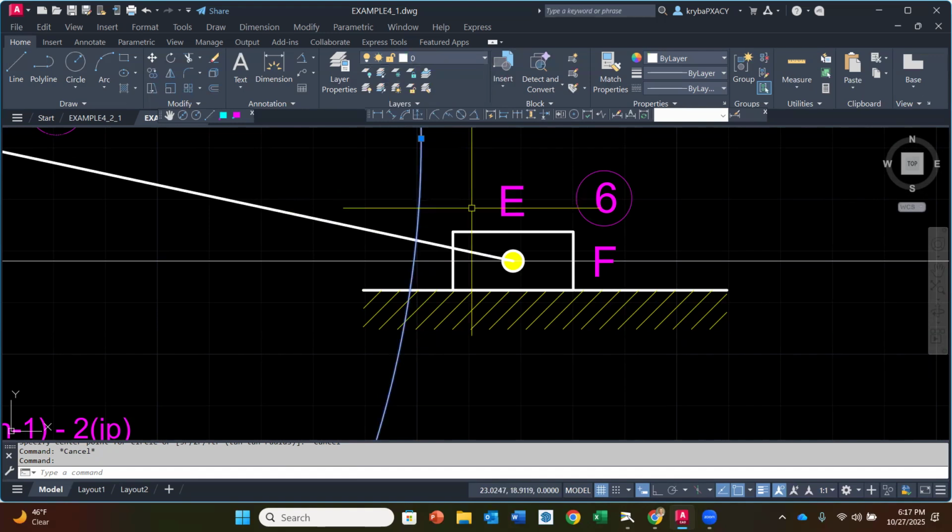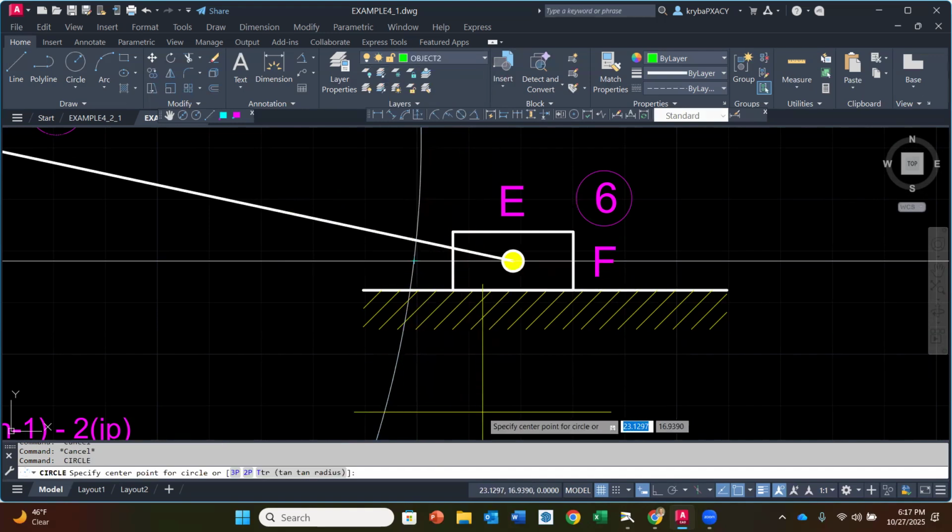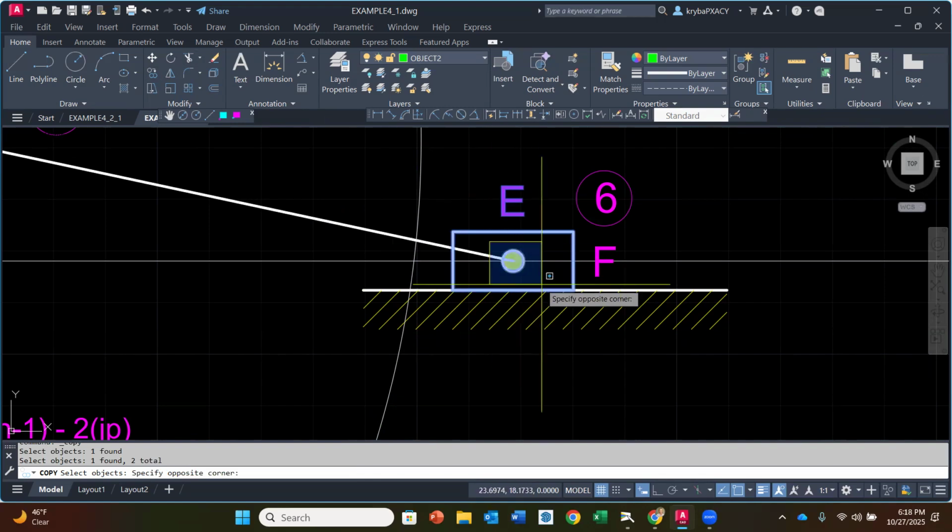I'm going to change it to the 0 layer. There we go. Then we can see right where that intersection is. And now we're going to move, or copy, my slider to the left. So if I go to the copy command, I'm going to copy E and then the rectangle, the center, and